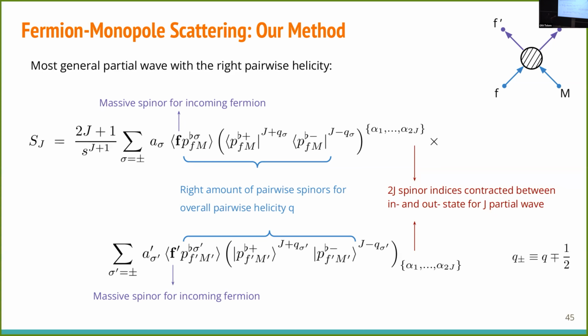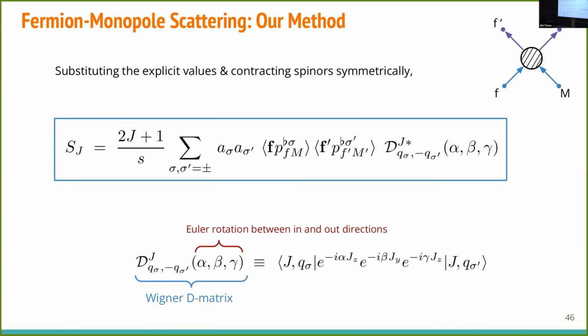Now here's a surprising fact. If you take this symmetric contraction of in state and out state, the result is a Wigner D matrix. It's exactly these monopole spherical harmonics. So instead of solving the whole Dirac equation, I took the spinor helicity variables with the right transformation rule, symmetrized and contracted them, and got exactly the result that I could get from solving the wave equation.